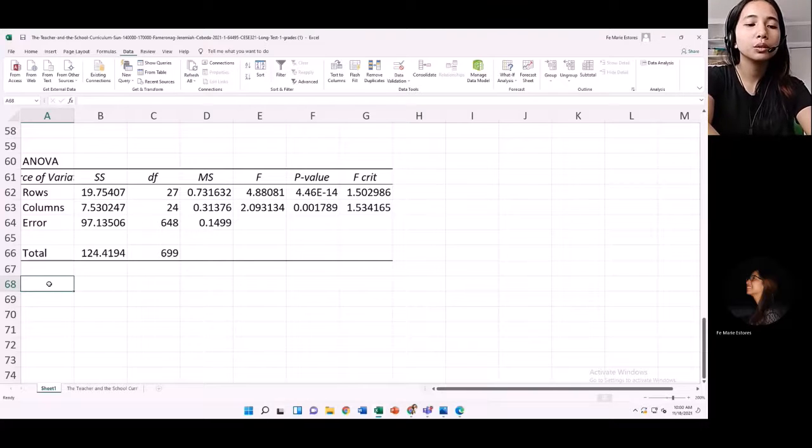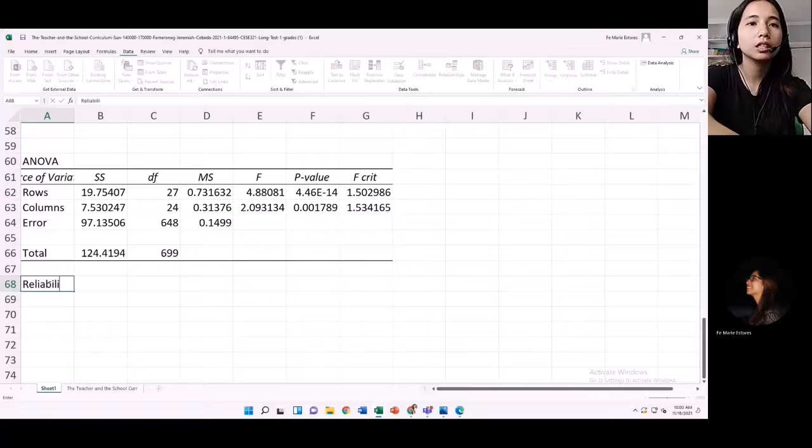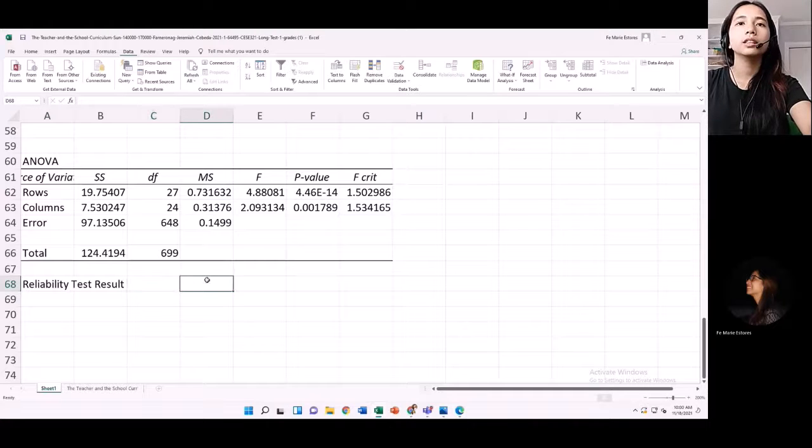But first we need to write or type here reliability result or test result. And then the format to get and determine the reliability test result is just